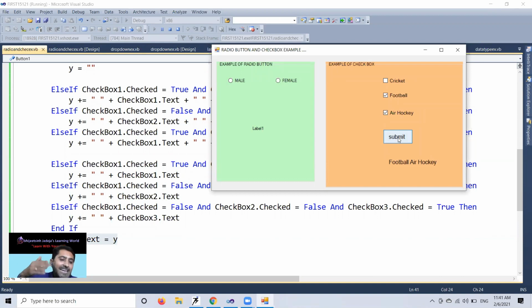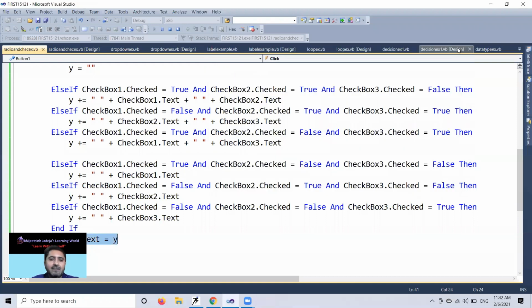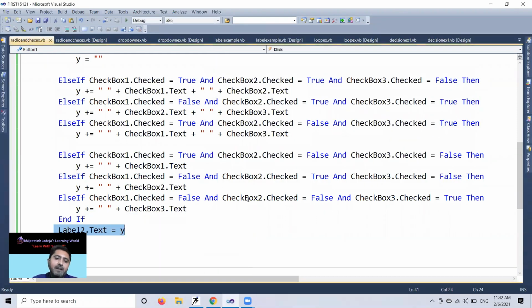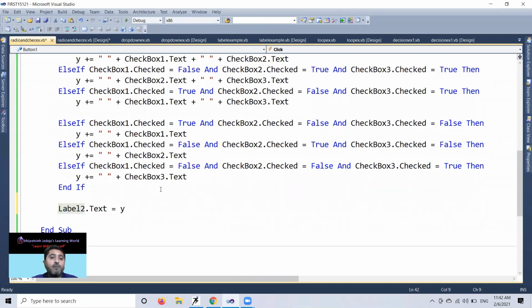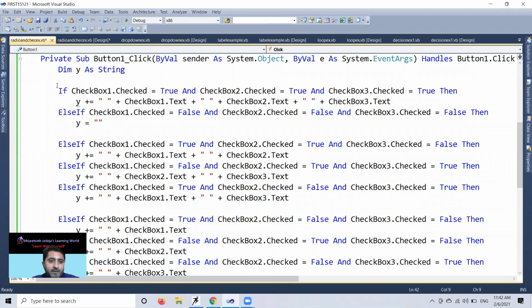So all the 8 probability. How? 2 raised to 3. How many checkboxes are there? 3. And true false means 2. 2 raised to 3 means what? 2 multiplied to 4, 4 multiplied to 8. And these are 8 probability. So my dear learners, my dear friends, please kindly observe the probability of all.